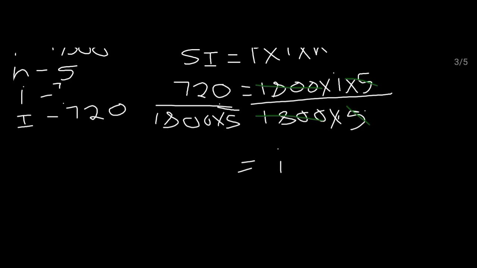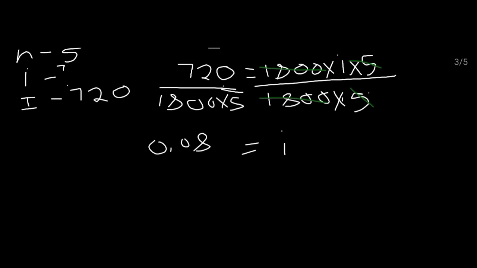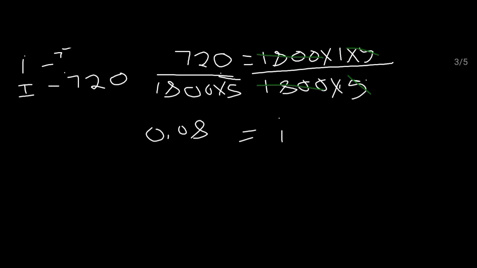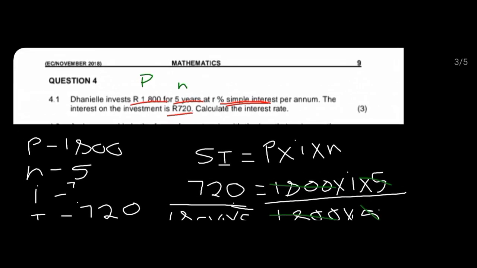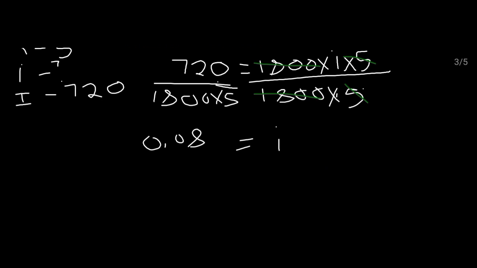And then this part, you're just going to use your calculator. As raw as it is, you can simplify it. You just say 720 divided by 1,800 multiplied by 5, and then it's going to give you 0,08. And then, like I said in the previous video, our question here, as you saw, did not say the interest rate in percentage. They can give you a mark, all the marks, for this, but just